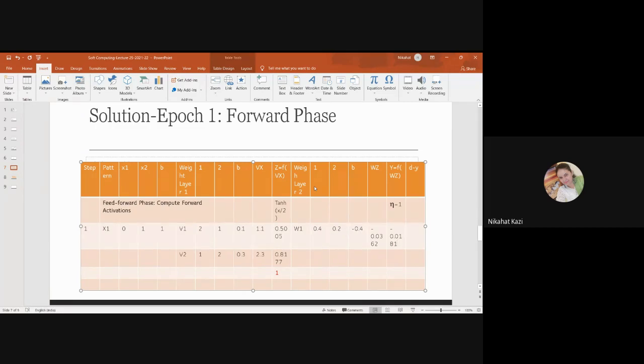Okay. D minus Y is not required right now. Later on, when we update the weights, we use it. So these are the forward activations. Fine. So this phase is complete. Forward activation phase is complete. We have computed the output. Okay. What I've mentioned in the next phase